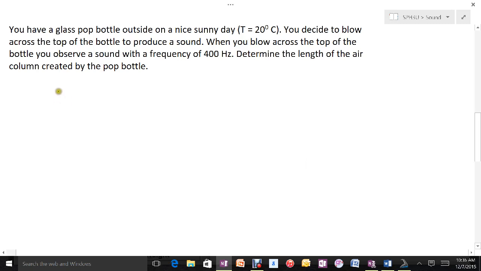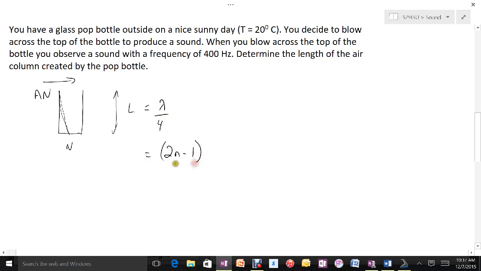Okay, so here you can imagine is our pop bottle, and we're going to send wind across the top of it, so some wave is going to form in here. And the simplest wave that's going to form is like this, where we're going to have a node down here and an antinode up here. So the length of the air column will be equal to a quarter of the wavelength. The formula here is that since it's closed on one end and open on the other, (2n minus 1)/4